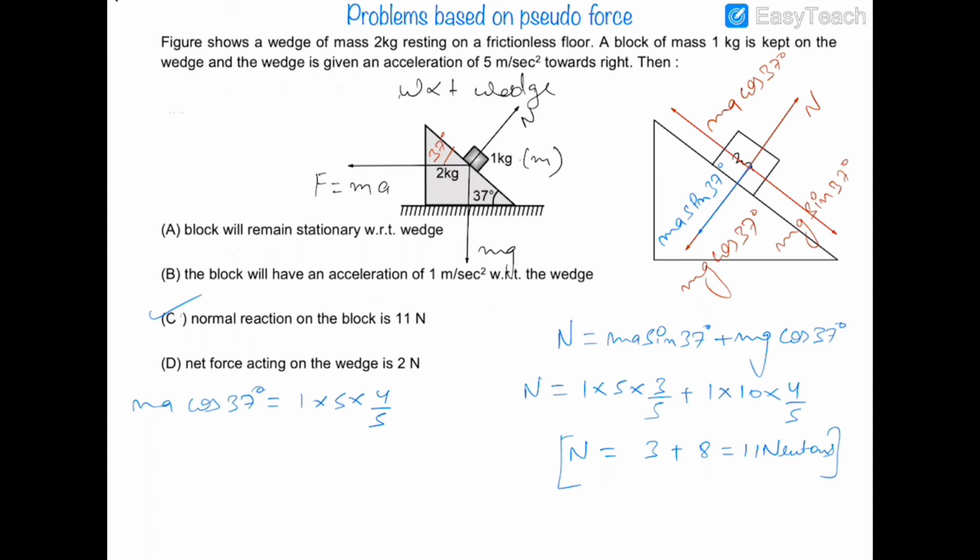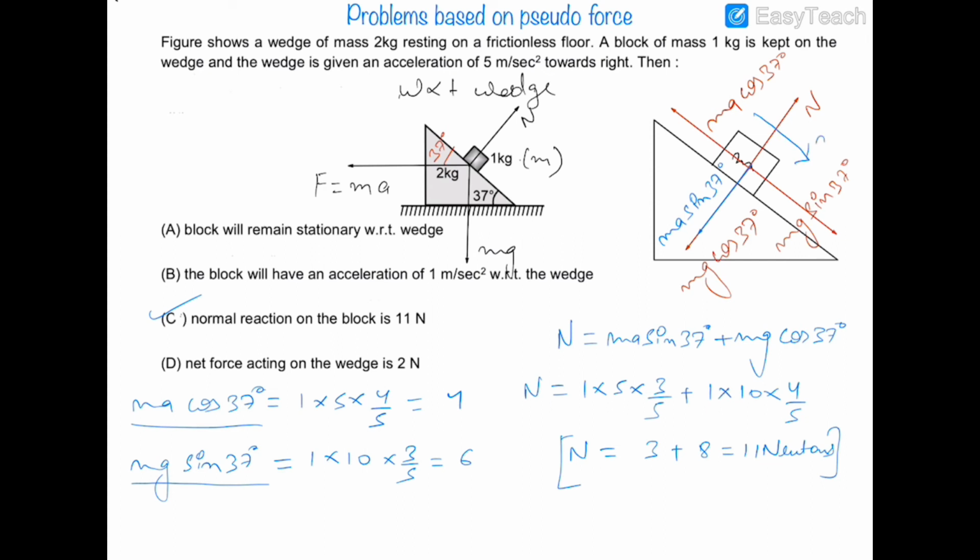Okay, so this is equal to 4, and the value of mg sine 37 is equal to, m is 1, g is 10, and sine 37 is 3 by 5. So it is equal to 6. So you can see that this force mg sine 37 is greater than ma cos 37. Therefore, this block will slide down along the inclined plane, and hence if I assume that there is an acceleration